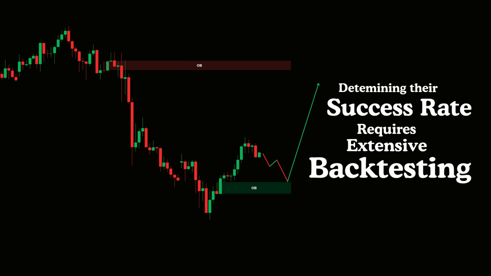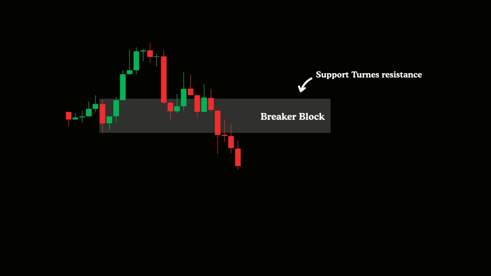Next up, we have breaker blocks. So, what exactly is a breaker block? A breaker block refers to a previous order block that failed to reject price movement. In this case, support turns into resistance or resistance flips into support, forming a new point of interest. When the price taps into a breaker block, we anticipate a reaction in the opposite direction, typically confirming a continuation